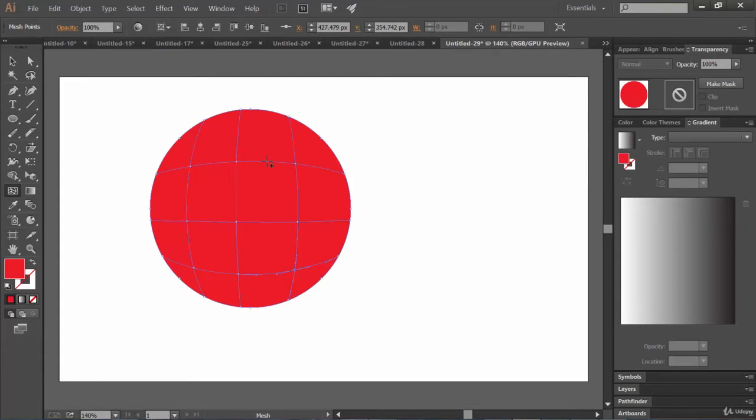Now let's click at a point on a line which has already been created. Using this gradient mesh tool, you will see that only another line is created, but not horizontally, only vertically.